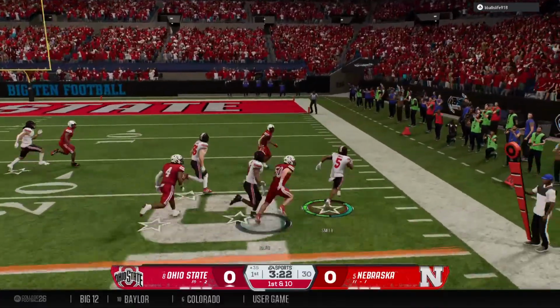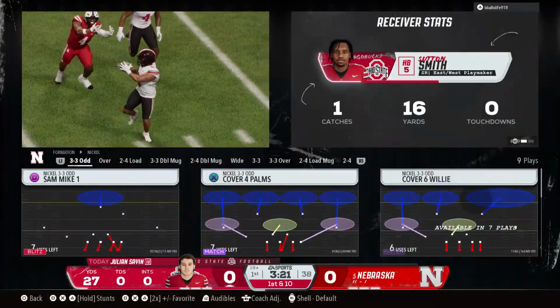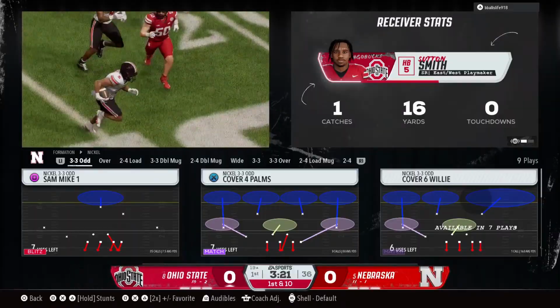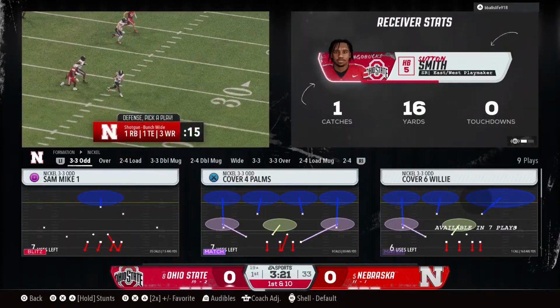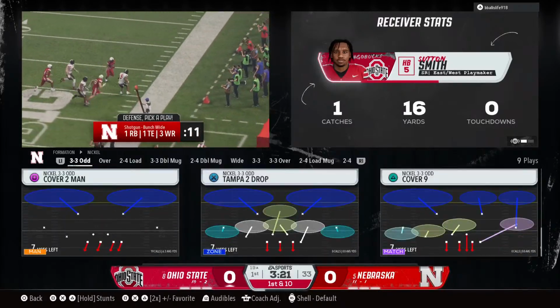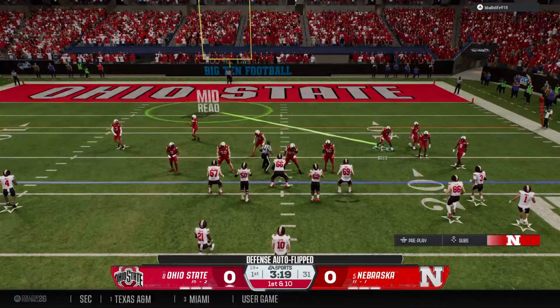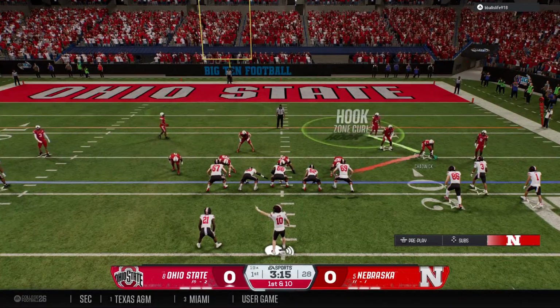Pulls it in. It's Smith. And he runs out of bounds. That's a big gainer there. Chris, how about the offensive balance these last couple plays we're seeing from these guys? Not only are they balanced, but the explosiveness. A big run followed up by a big play through the air, and puts a lot of pressure on this defense. Buckeyes begin a new series here, 1st and 10.